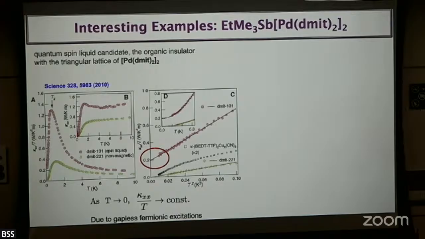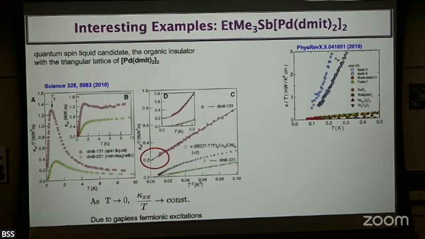And it was really exciting because this is not so small, a really significant contribution from the fermionic T-linear dependence of the thermal conductivity. What else can cause this? There's nothing else we can use to explain this phenomenon. It has to be gapless fermionic excitation. So it has to be some exotic, spin-based excitation, okay? So this has been an aspirational figure for many people, including myself. Oh my God, I want to find some material that can show this, okay?